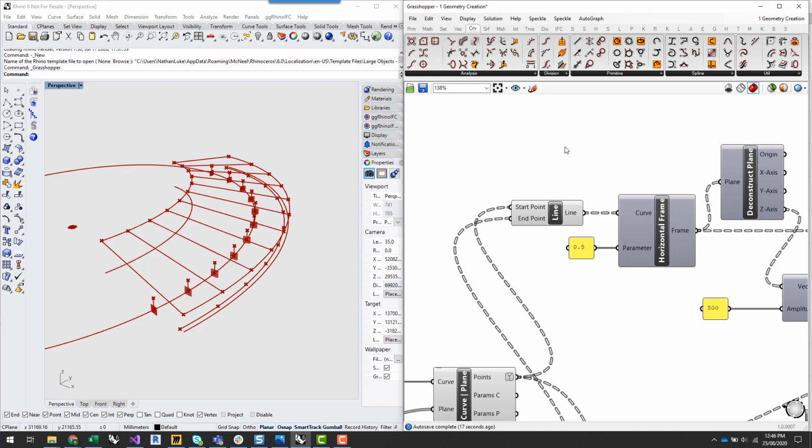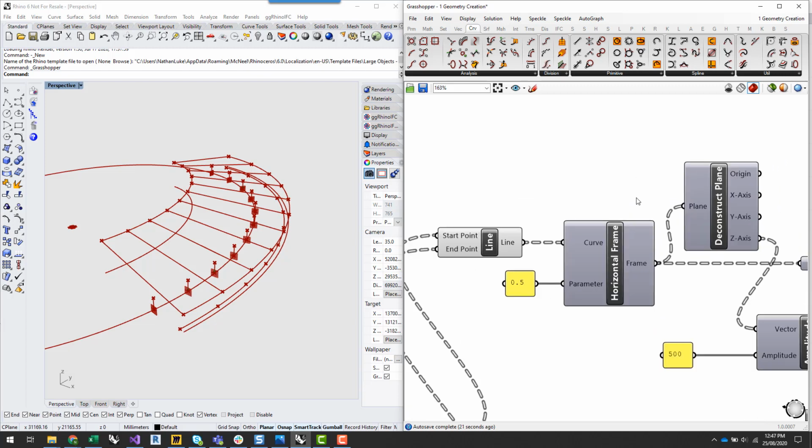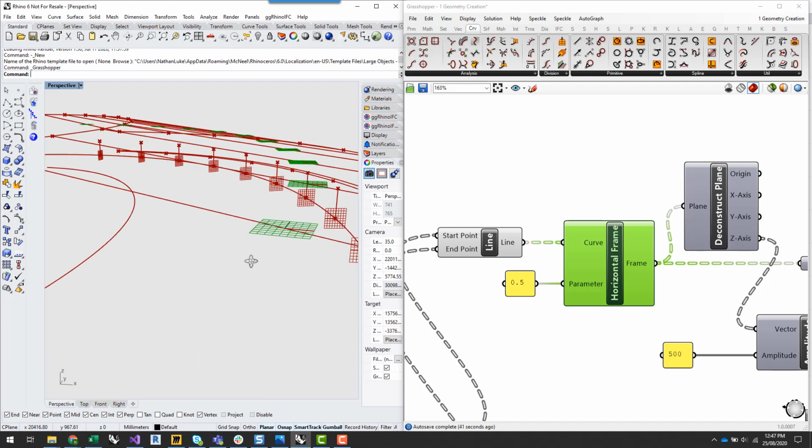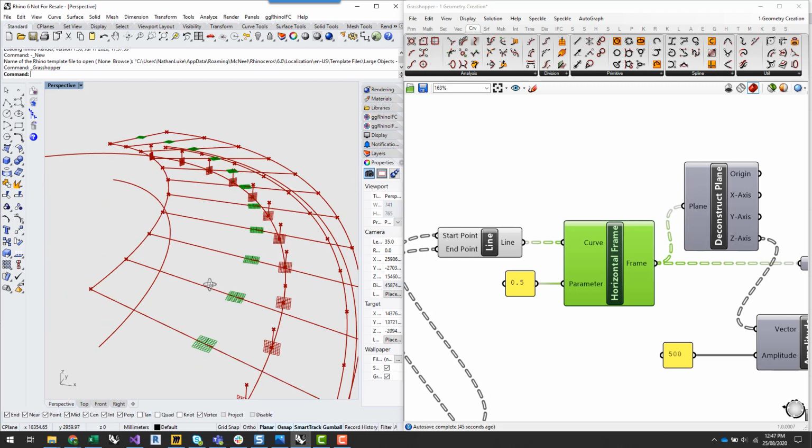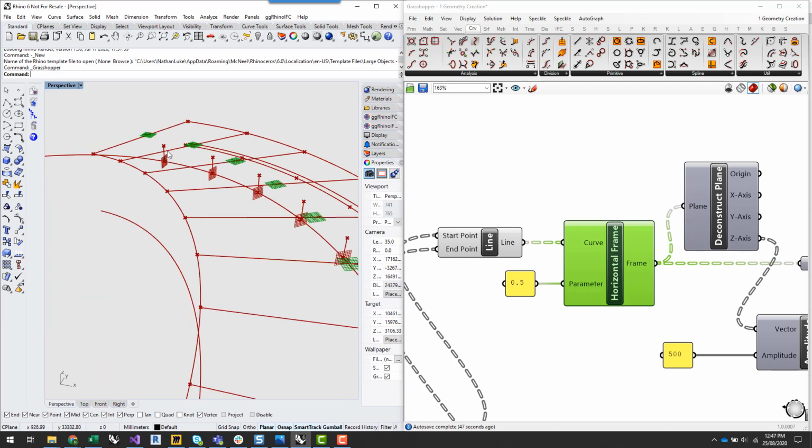structure is set up. Then what I'm using is a horizontal frame component, which gives me a plane at a parameter, and this plane is setting up a horizontal plane on that curve halfway between the curve, and you can see that there. So its unit Z is upwards, and